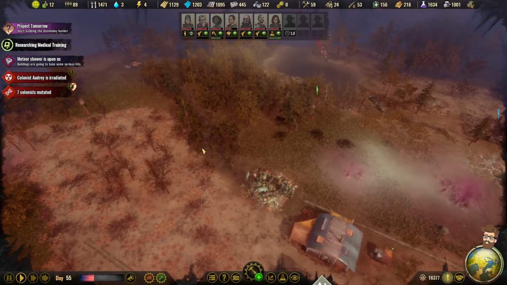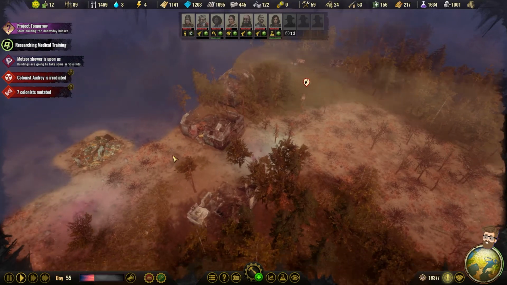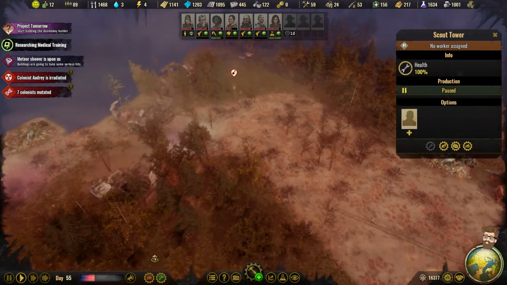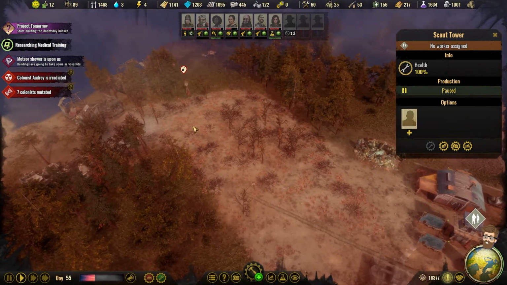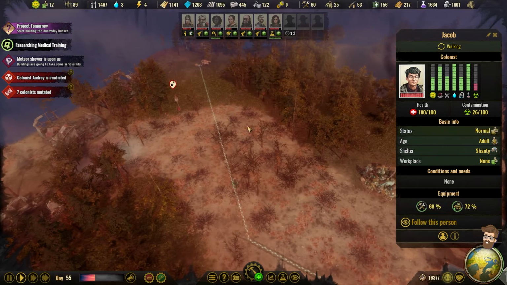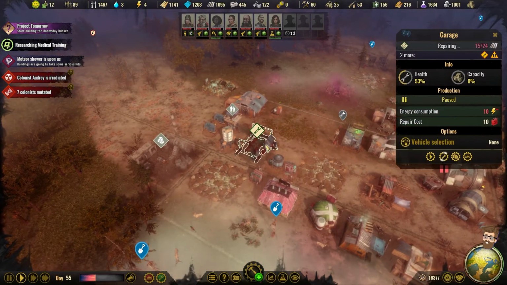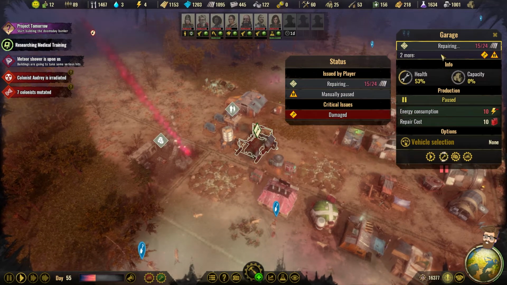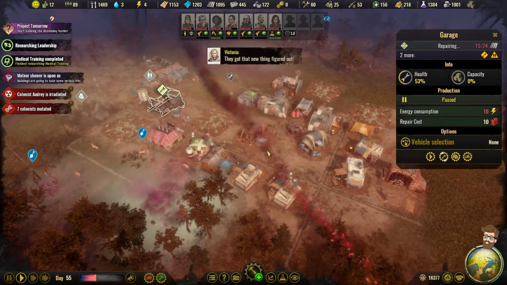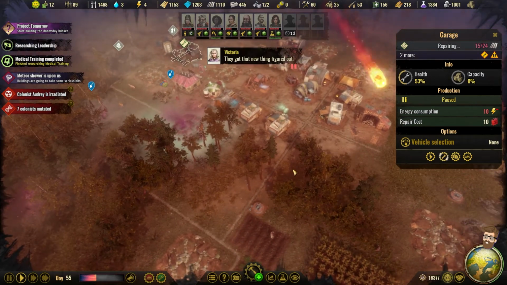It seems like I may need to actually sprinkle in some guard towers. Unfortunate. This one has been fully scouted, it looks. Oh, this guy's in so much trouble. Jacob, don't. Okay, well, that's happening to him. Alright, looks like the garage took a hit. That's not nice. Made a new discovery. Medical training? Meaning that I can actually...